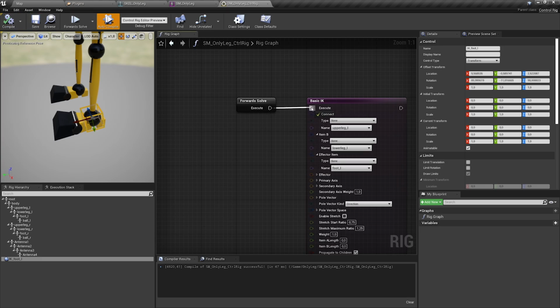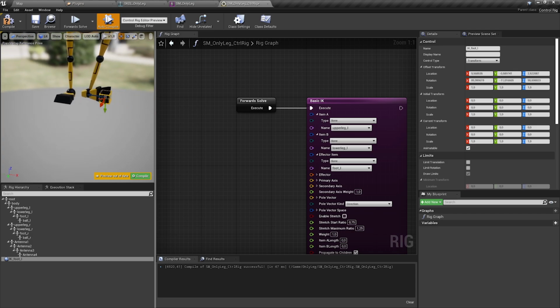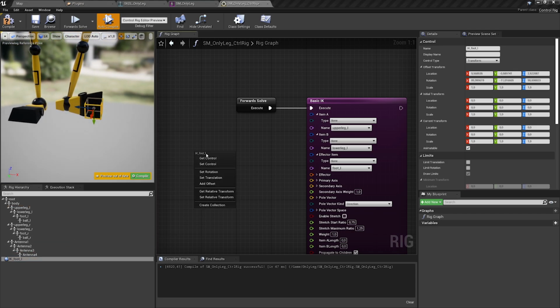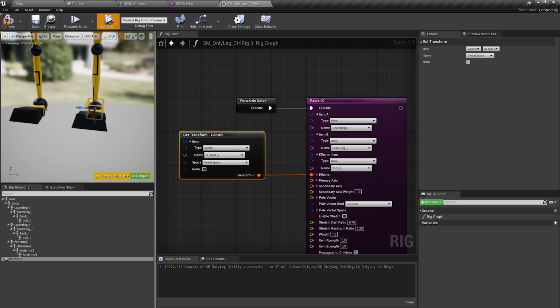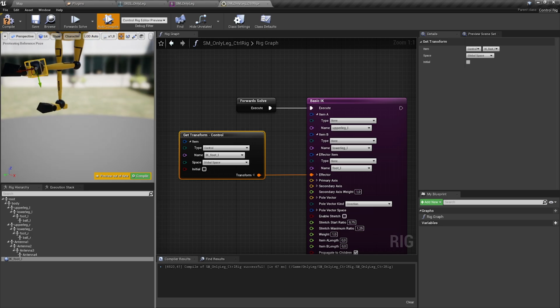So let's plug this back in. Here's our foot again, wrongly aligned. But now if we bring in our control and say get transform and plug this in, it's snapping into place. And now you see we have our first IK moving, but the knee here is doing strange stuff.